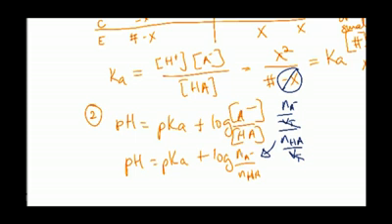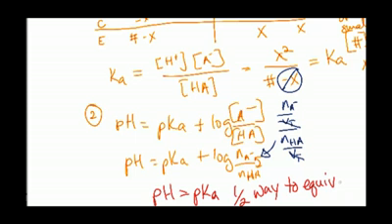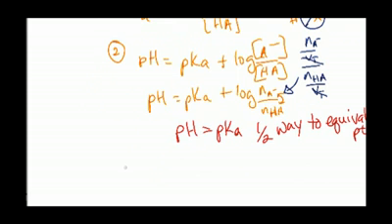And this brings up the point that I was making earlier, at halfway to the equivalence point. That means I've added enough titrant to halfway neutralize what's in the beaker. These two values right here will equal each other, and the log of 1 is 0, and what ends up happening there is pH equals pKa, halfway to equivalence. Okay, and then at equivalence,